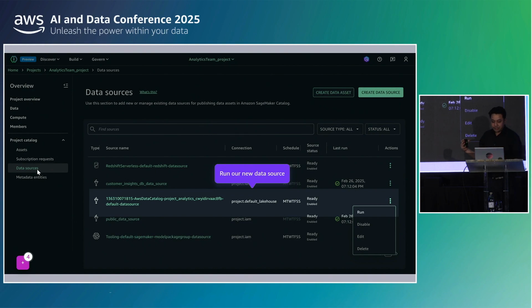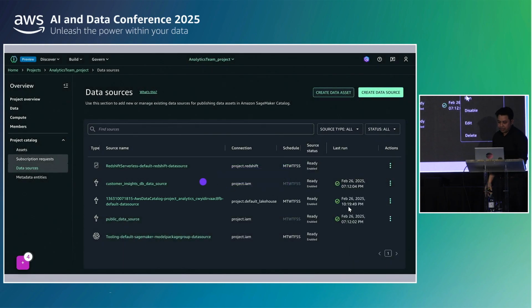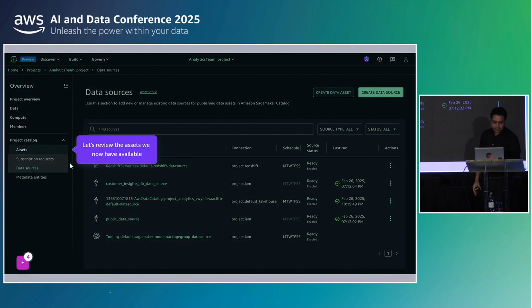The way we do it is we go to these data sources. Again, you don't have to remember everything right now. I'm just showing you. We have workshop instructions, and if you want to try, you can try it later. I'll give you the resources. When this project is created, it's created in this database. We do a run data source, and it creates a data source that takes that table and gives you the rights to publish it on the catalog. Once I've run it,